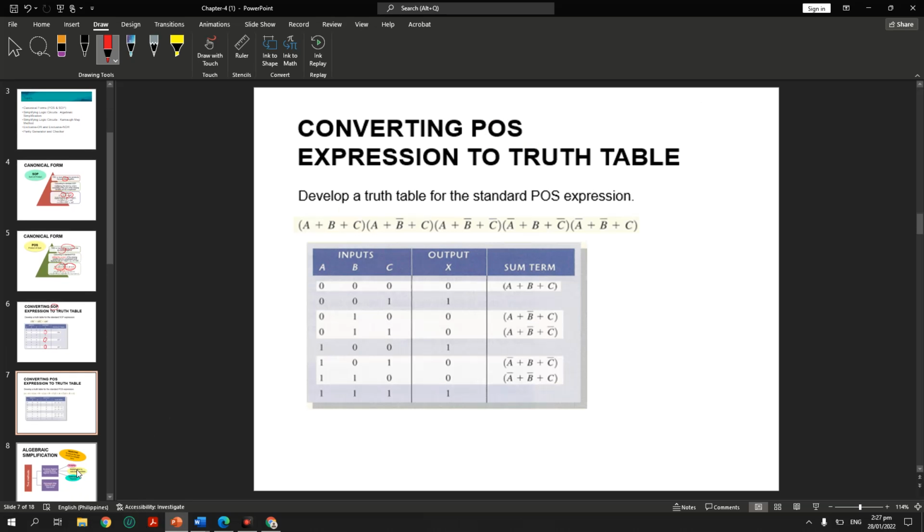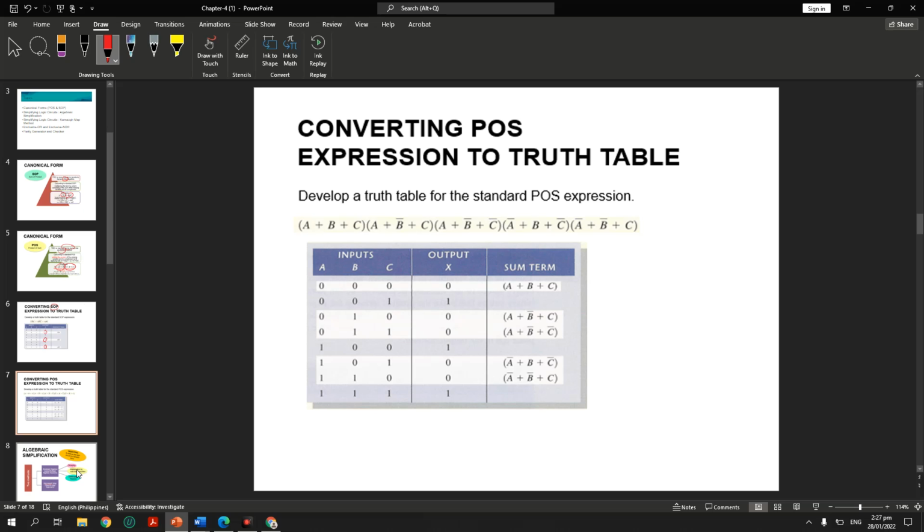Next, converting POS expression to the truth table. So here in our second example, we are asked to develop a truth table for the following inputs combinations: